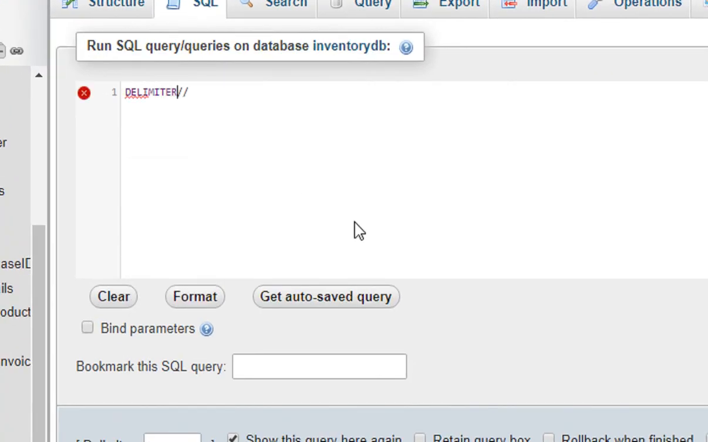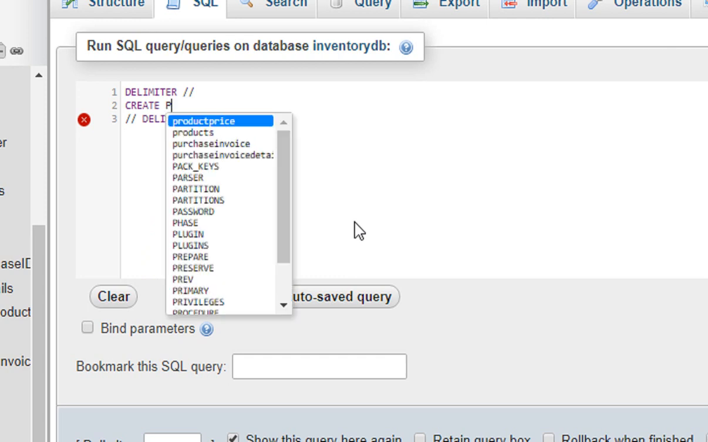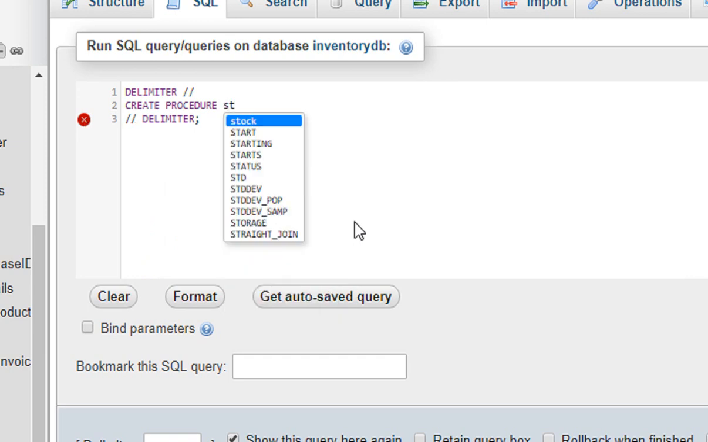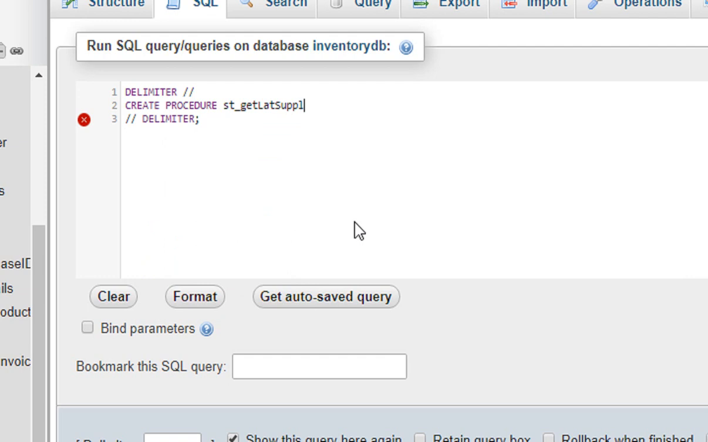So delimiter // delimiter semicolon, create procedure st_get_last_supplier_ID round brackets, and here we have to create begin, end, and I'm creating here a select query. So select from suppliers S,